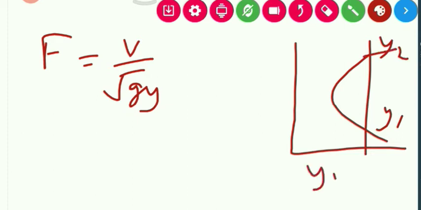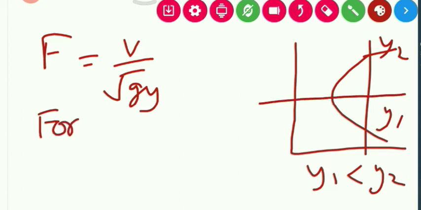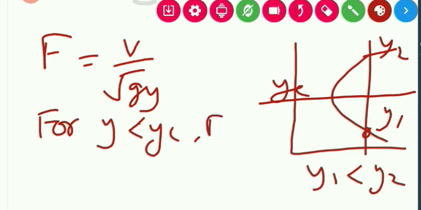We can see that Y1 is smaller than Y2. Y1 is smaller than yc, so for y smaller than yc, the Froude number is